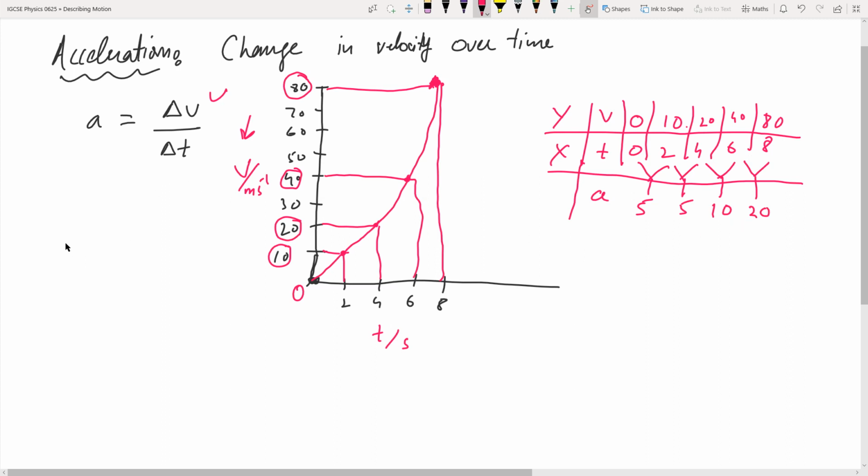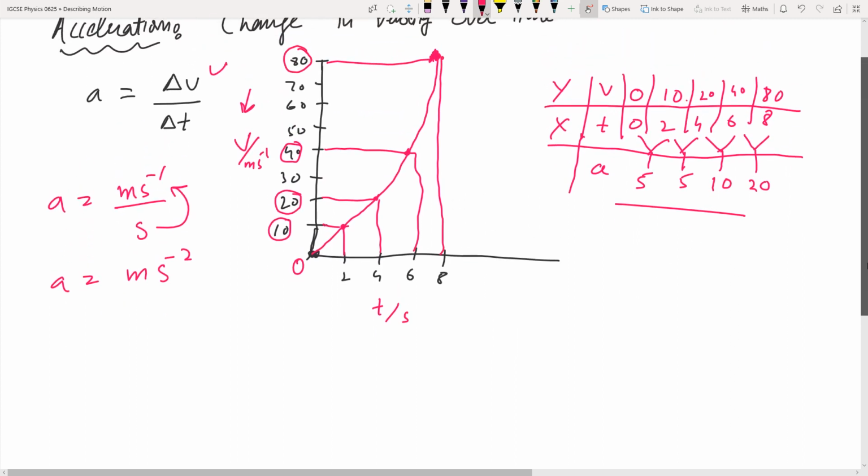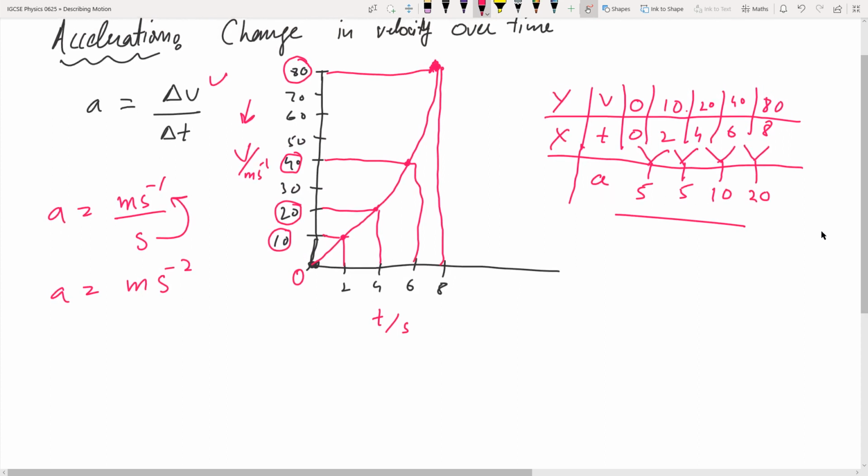For units, as we know, this is velocity. Velocity is meter per second, divided by seconds again for time. So the units are meter per second square. So these are the values for acceleration, right? From here we can say that the acceleration is actually changing, so this we can refer to as variable acceleration,